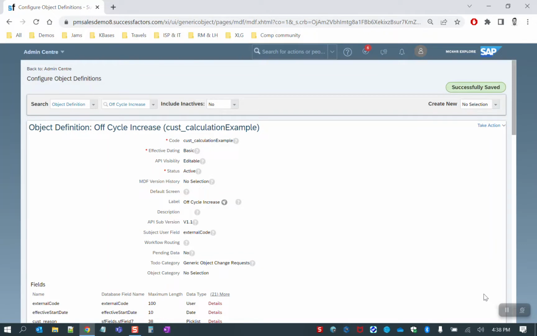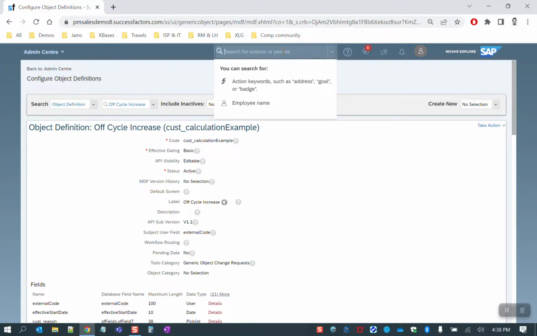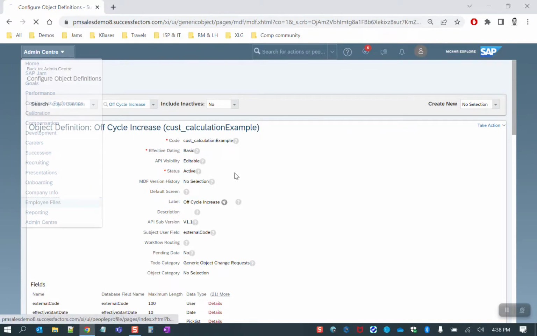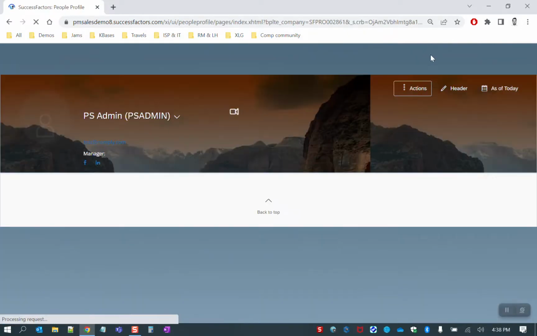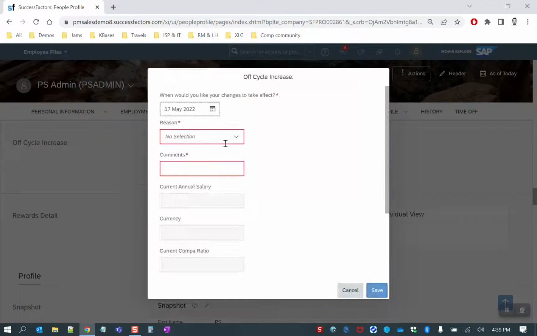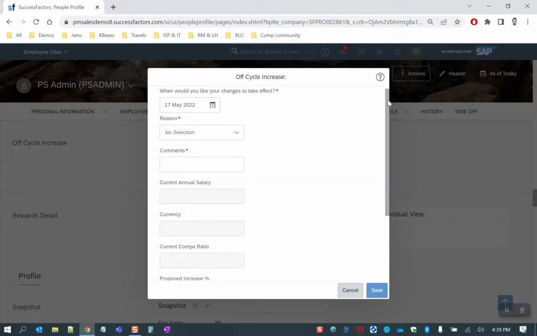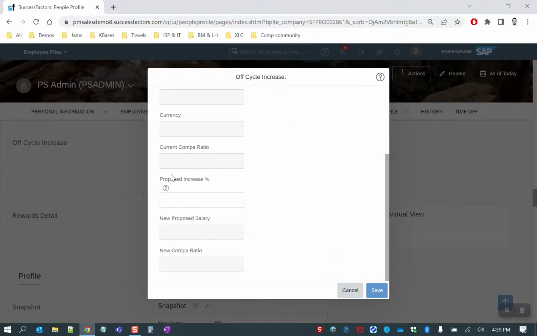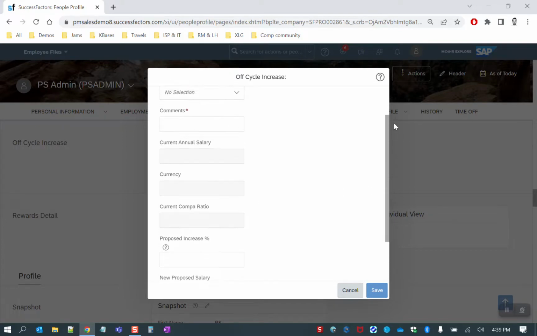In order to see this rule on the profile, we have to do one more thing. We have to edit the configure business, what is called configure UI. So if I go right now on the profile, we can actually test that. If I go to employee profile as a super admin this time, I also have permission on this object. If I go here to off-cycle increase, for myself, I'm a super admin, so I can do anything. Here, I can't see the guideline field,